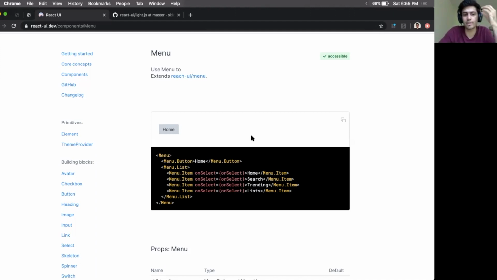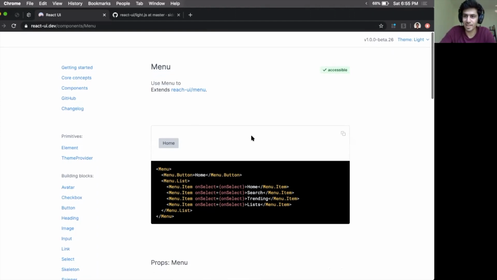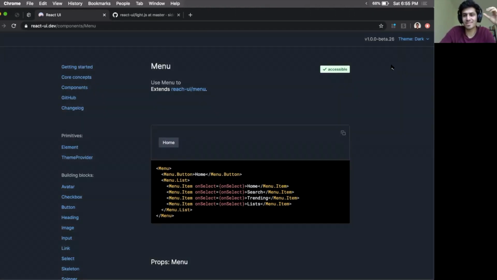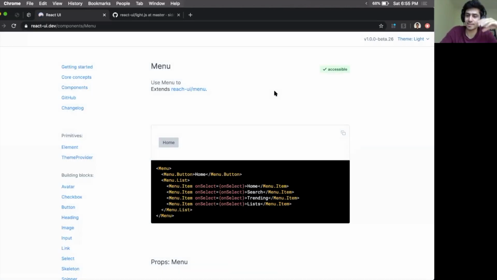And then there's the last one, which is the default themes. We have a light theme and a dark theme. Do these themes have the right color contrast ratios? Right now they don't. We think most of our components are accessible, but some of them aren't. So that's something I'm still working on, that the default themes at least should be accessible right out of the box.